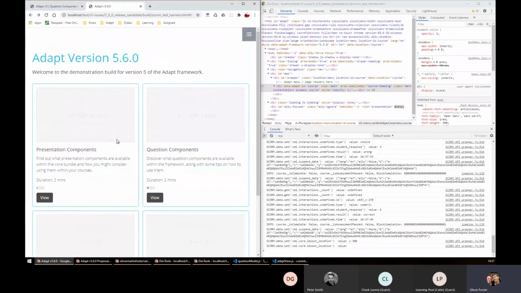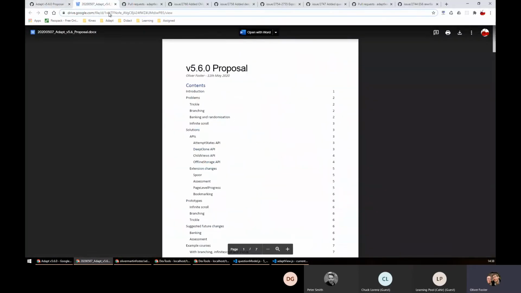So moving on to infinite scroll. Infinite scroll is one of those strange requests that we get asked for every now and again, but that's not really important to adapt. I've just included it here as an example of a rendering control mechanism. Infinite scroll is nice if you've got 100 components on the page and you don't